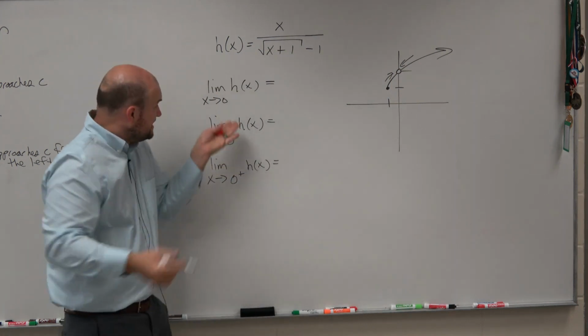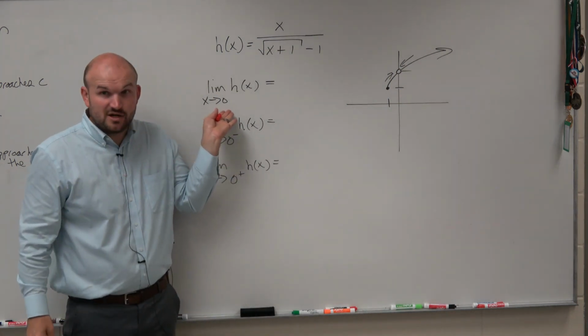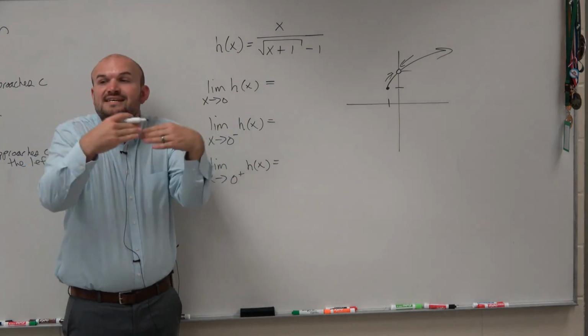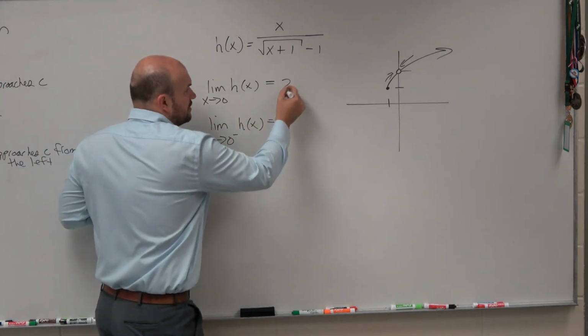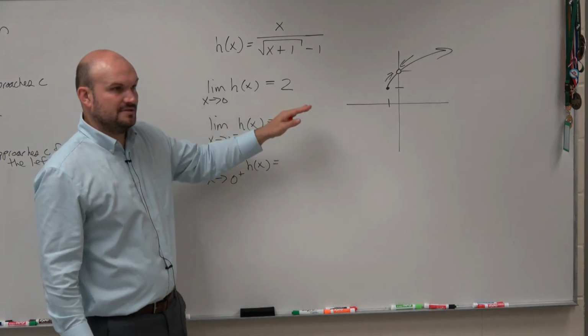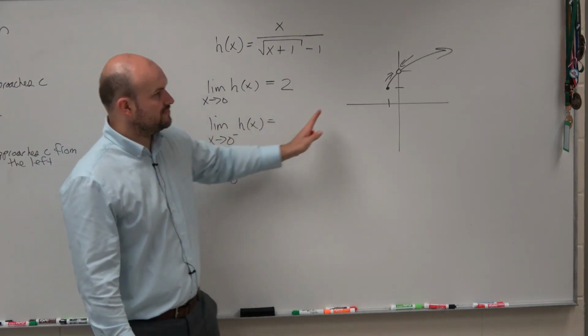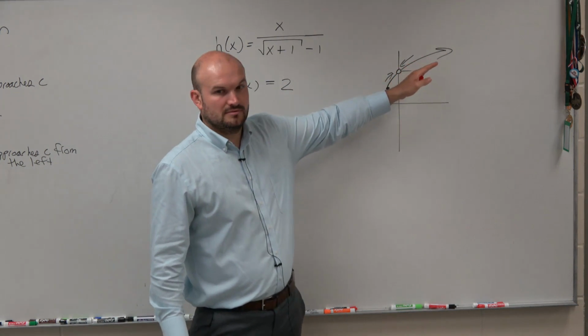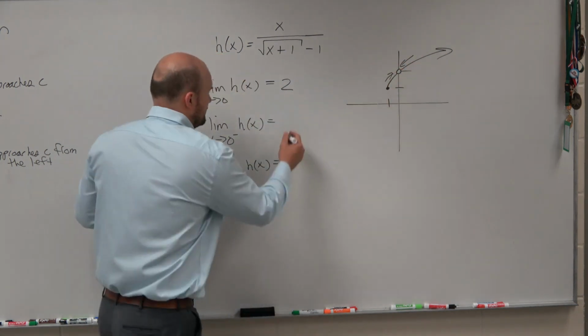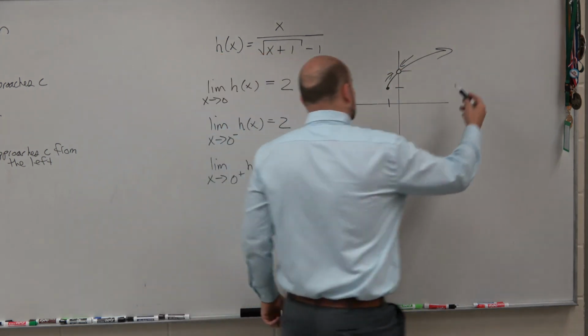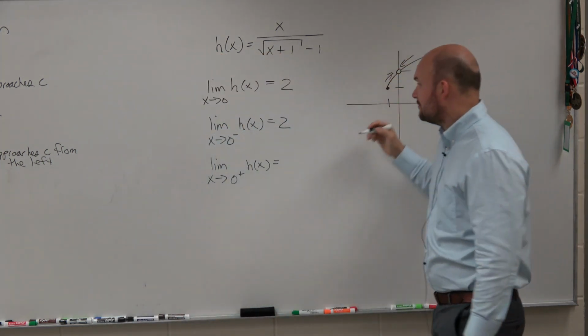So does it make sense then that the limit exists at 0? Because it's just approaching. What is it approaching from the left and right? So that value is 2. What is it approaching just from the left? Just from the left, what is it getting really, really close to? From the left, what is it getting really, really close to? 2. From the right, what is it getting really, really close to? 2. Remember, guys,